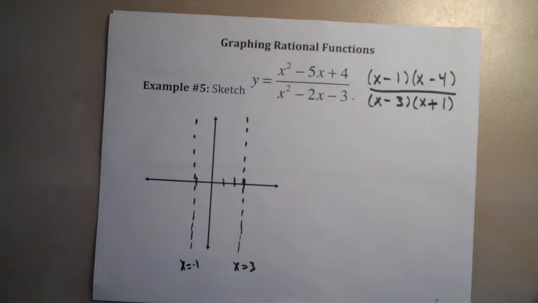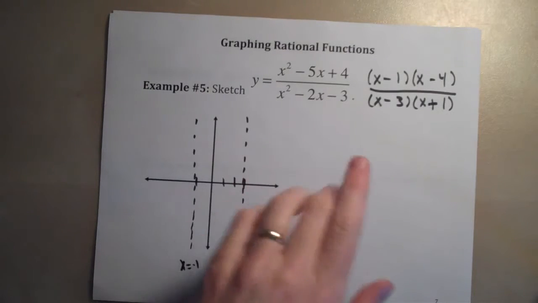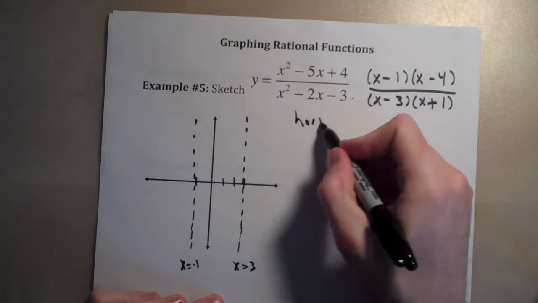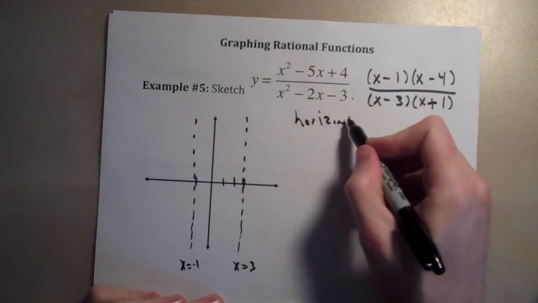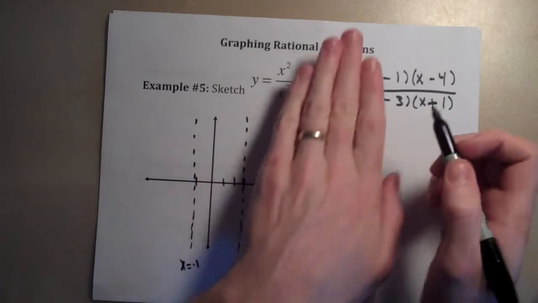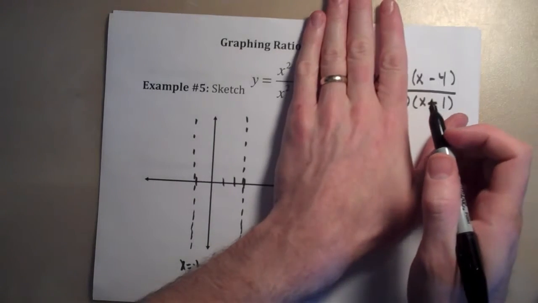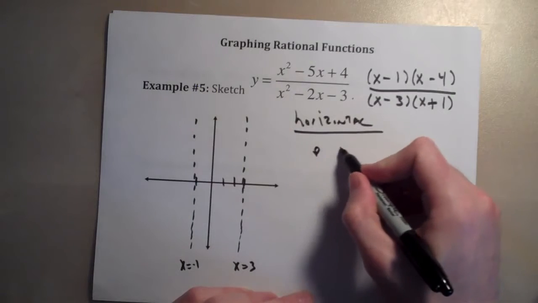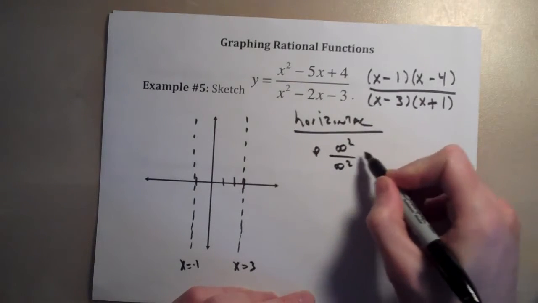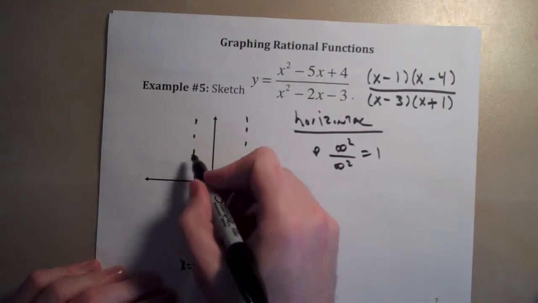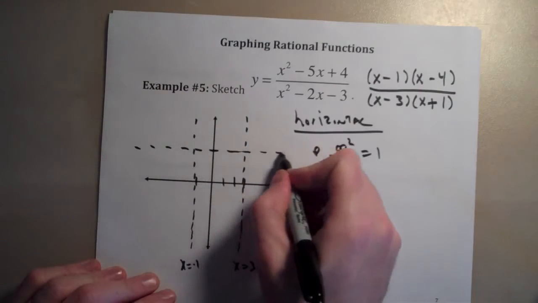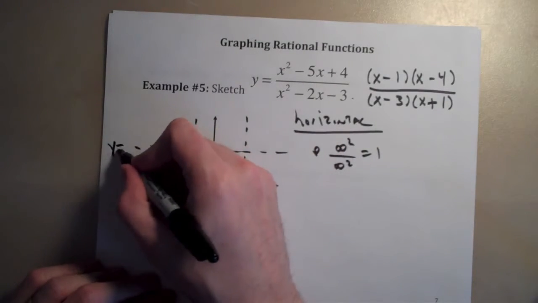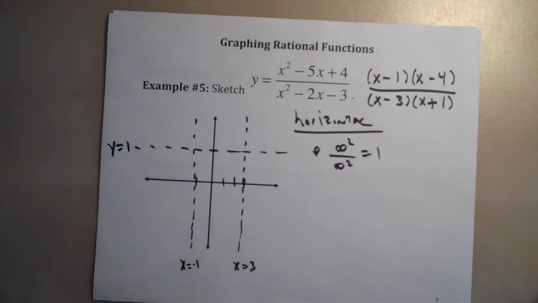Let's see. We're going to notice that, remember, to find the horizontal asymptote, you ignore all the terms that aren't the leading terms. So infinity squared over infinity squared is 1. So again, this is a sketch. So this is y equals 1. And let's find the